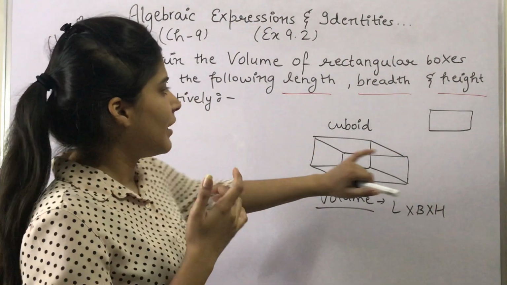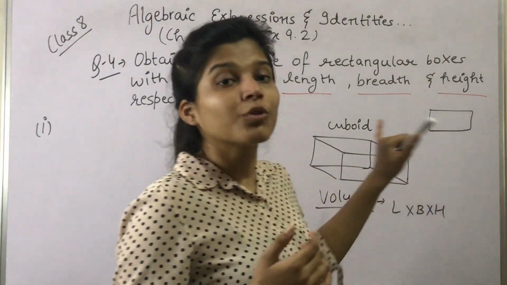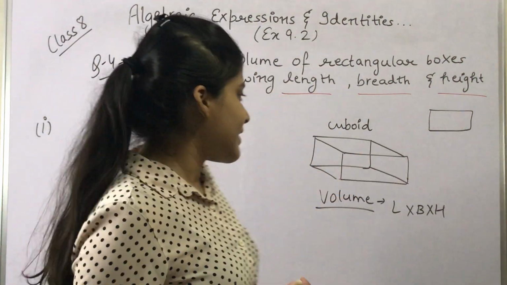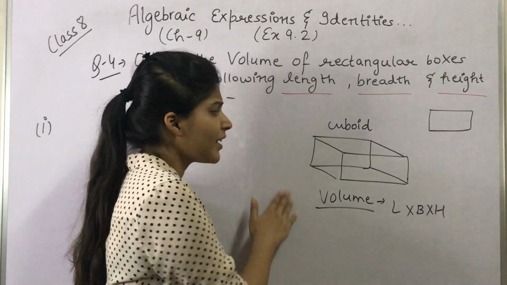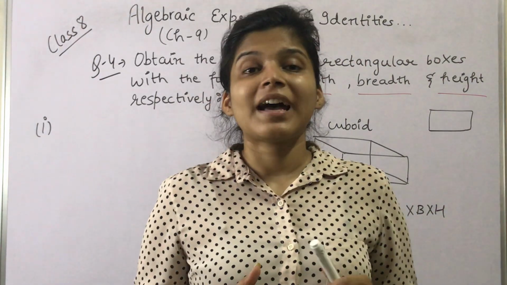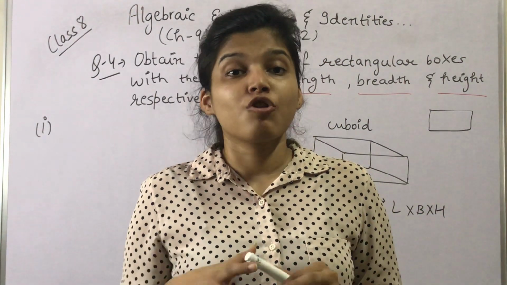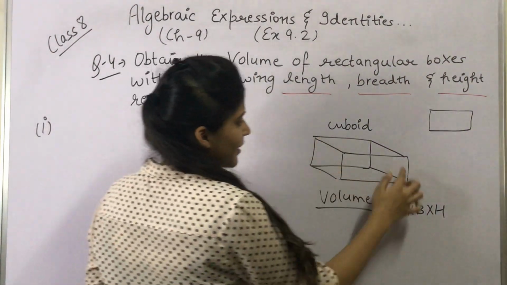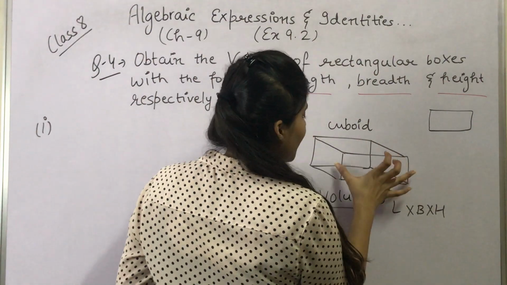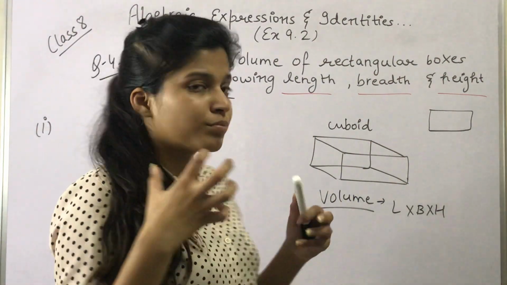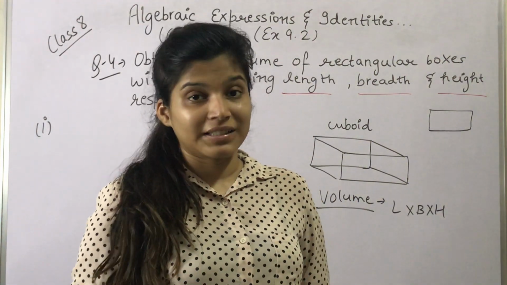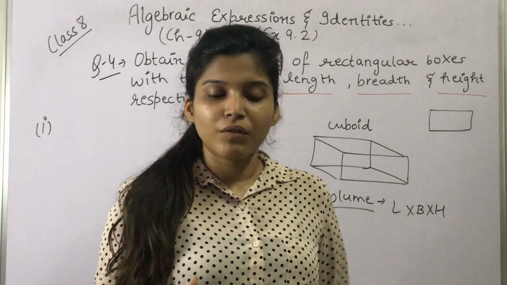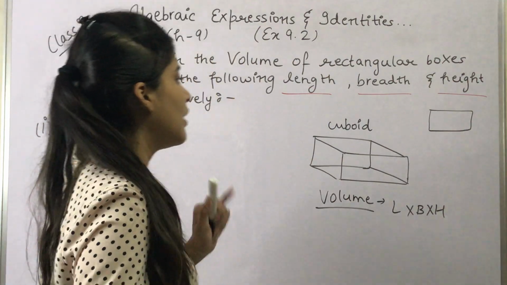Now rectangular box जो है हमारे पास वो 3D है, 2D नहीं है. ठीक है, this is the first thing. And the second thing is that जो उसका volume होता है, that is the inside area, जो हम उसके अंदर का जो area होता है वो कितना है. जैसे अगर ये box है हमारे पास, एक cuboid है, तो इसके अंदर हम कितना हमारा material store कर सकते हैं, that is the volume of that box. Okay, so the formula for volume is length into breadth into height.